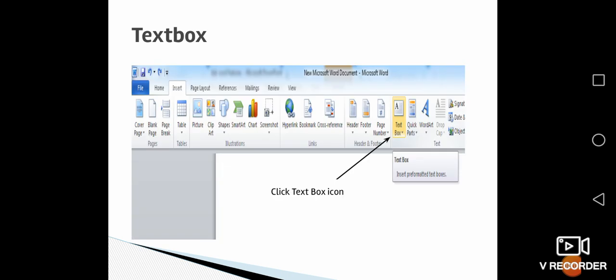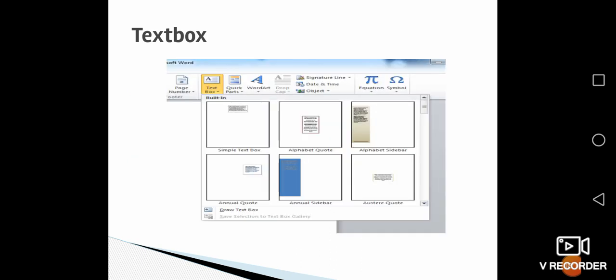First you have to go to insert, then you have to choose the text box. As soon as you click the text box, a dialog box will appear with the list of text boxes. First one is simple text box, second one is alphabet quote, the third one is alphabet sidebar, next one is annual quote, annual sidebar, austere quote, all 6 patterns.